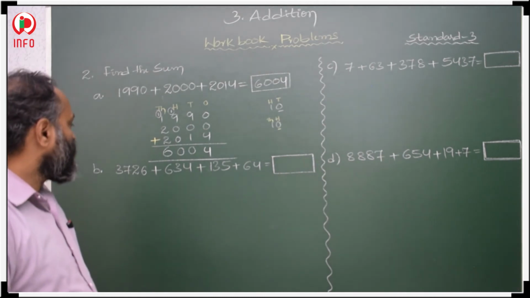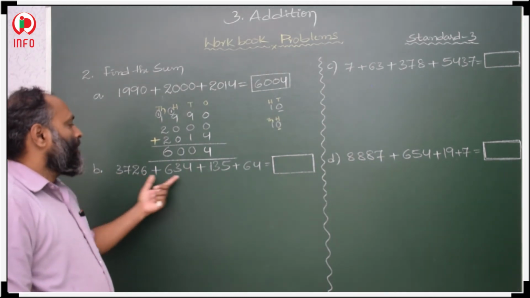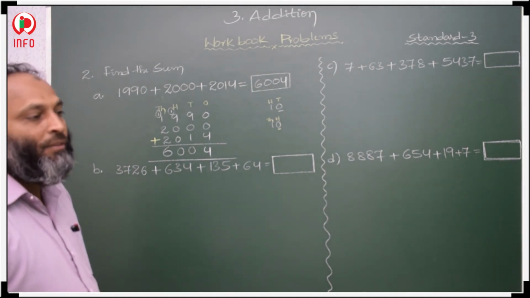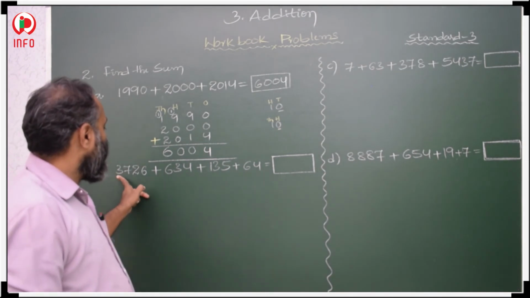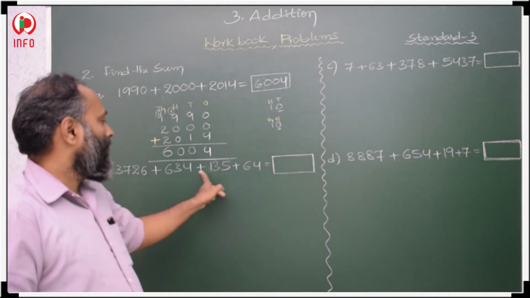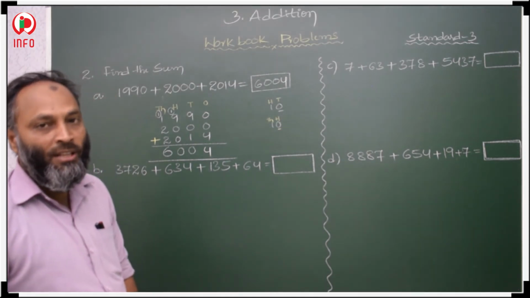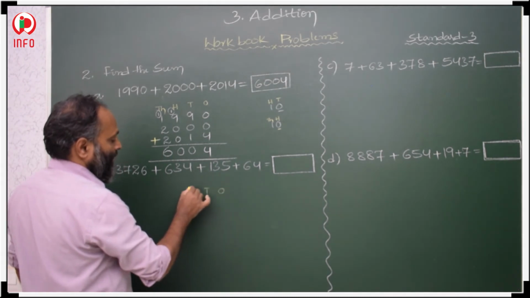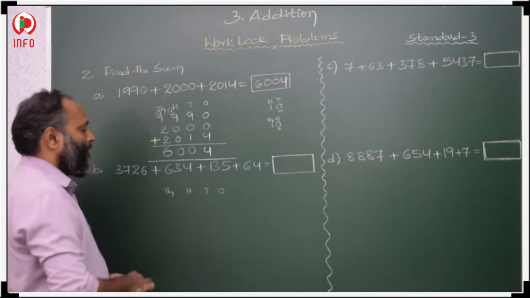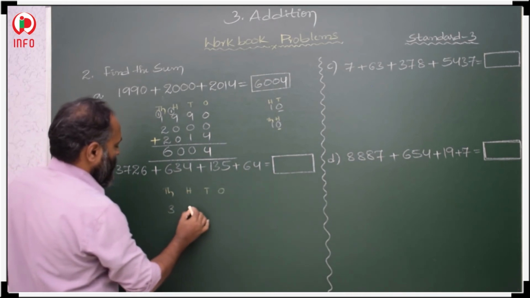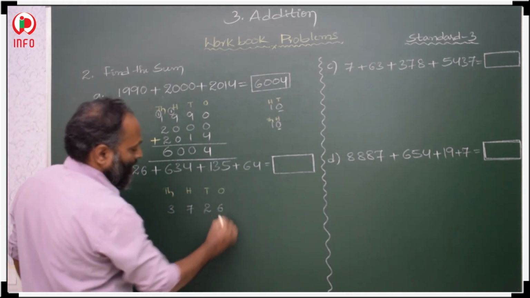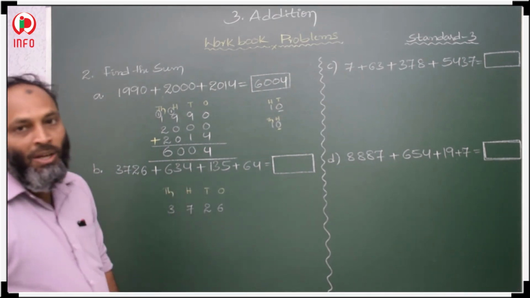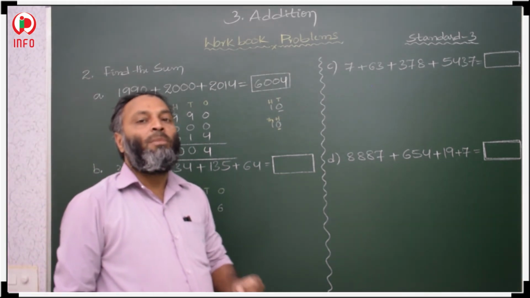6004. Now the second. 1, 2, 3, 4. 4 addends were there. So these 4 addends again we have to add. So maximum how many digits were there? 4, 3, 3, 2. Maximum 4 digits were there. So we have to take till thousands. Ones, tens, hundreds and thousands. Now you add 3726. This is the first addend and the second addend. Here only 3 digits are there. It means we start from hundreds.